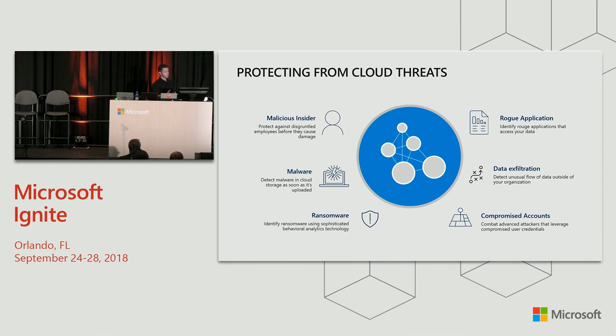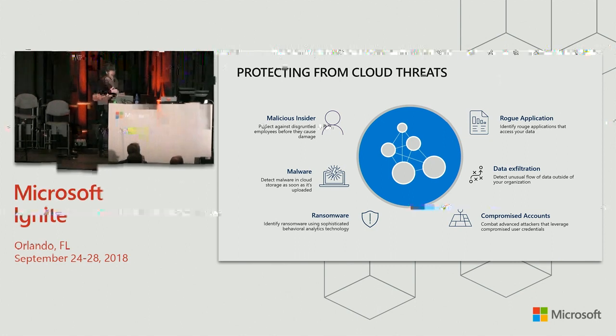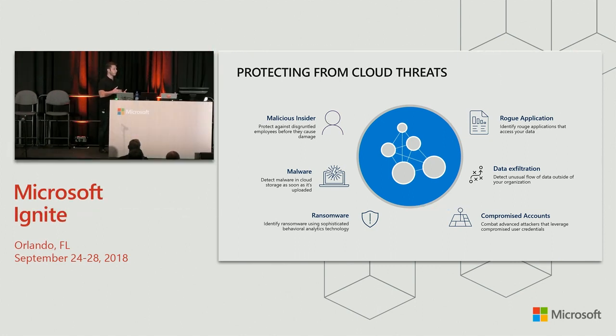We see ransomware growing, and we see it also affecting organizations that are connected to the cloud. Rogue applications, this is something that we have a session to talk more about, but we see a growing attack trend of attackers sending invitations to applications that are not real, rogue applications that pretend to be legitimate but are risky, and through them they get credentials to go and steal the data of the organization.